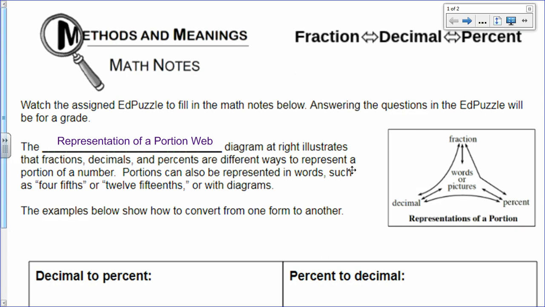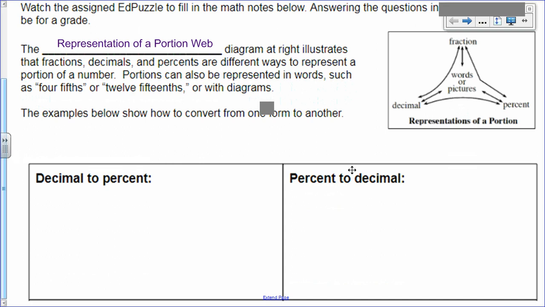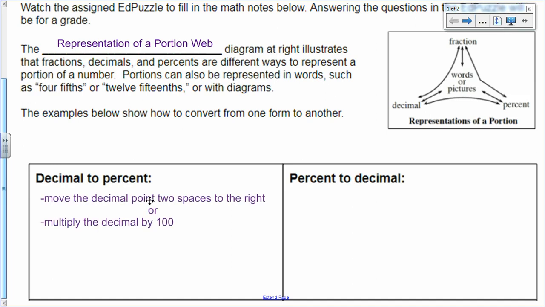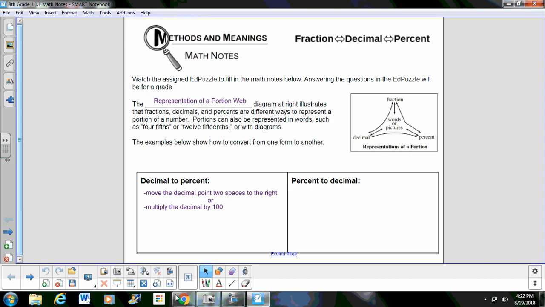So again, remember, as you're doing this, make sure you fill in the examples or the note about each topic. You can pause the video at any time if you need more time to write it down. So the first one we're going to talk about is how to change a decimal to a percent. You move the decimal point 2 spaces to the right, or you can multiply it by 100. So for example,